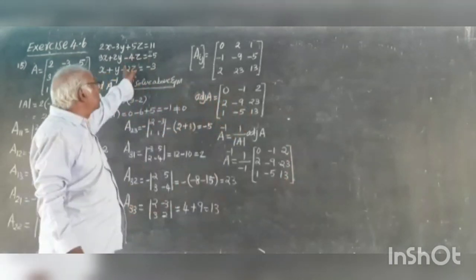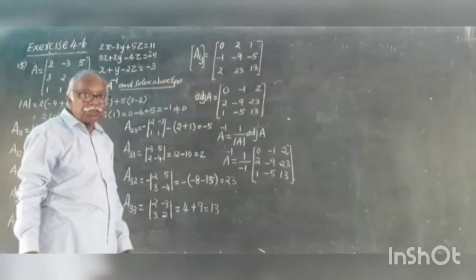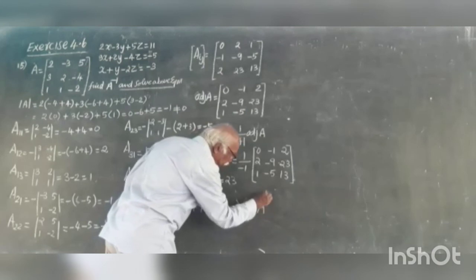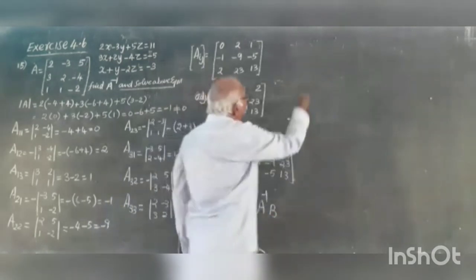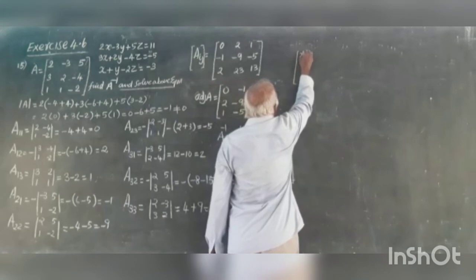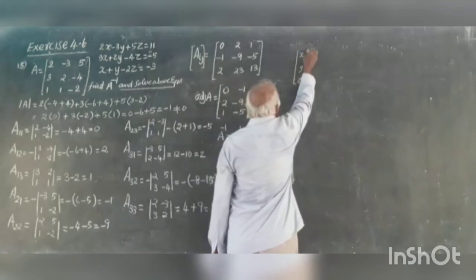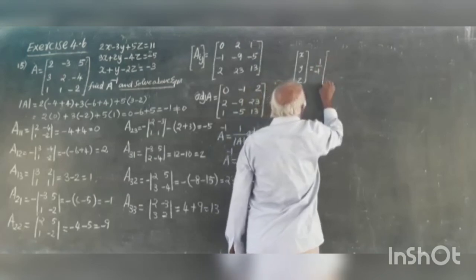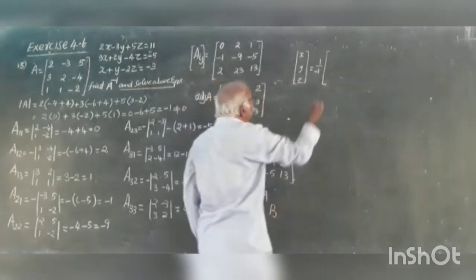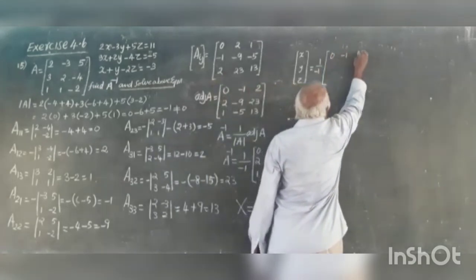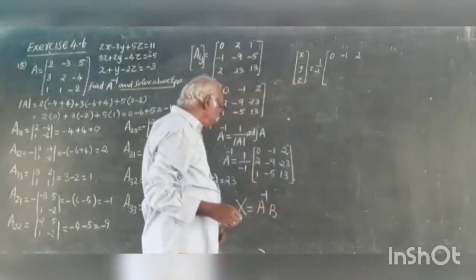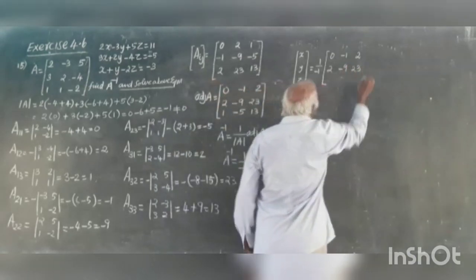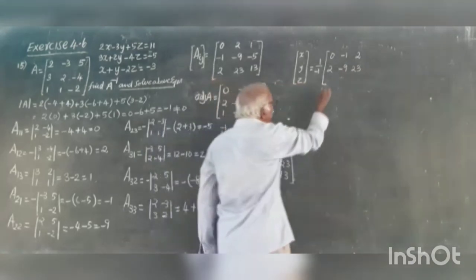Then we have to solve this equation. To solve the equation, we have to substitute in the matrix equation. What is the matrix equation? X is equal to A inverse into B. X, Y, Z is equal to 1 by minus 1, 0 minus 1 2, 2 minus 9 23, 1 minus 5 30